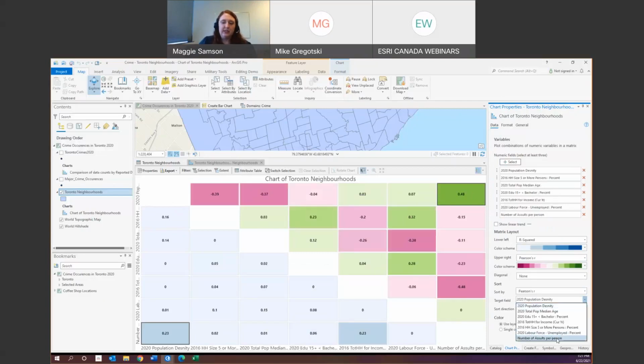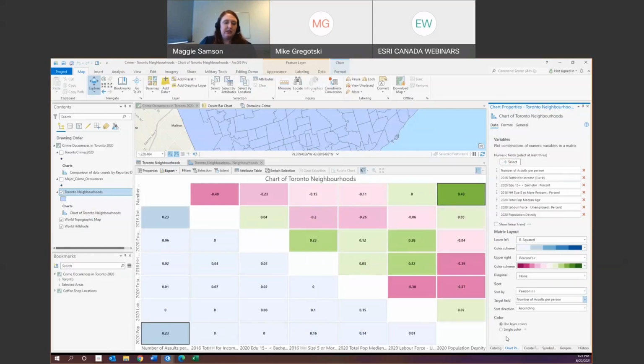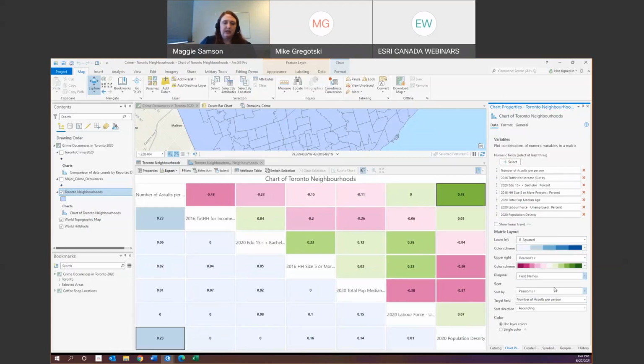So if we want to select number of assaults per person as our target, it's going to line that up on our left side or the top of our table, making it a lot easier to interpret what we're seeing. I'll also add the field names across the diagonal. So here we can much more easily see how these different variables impact or are related to our number of